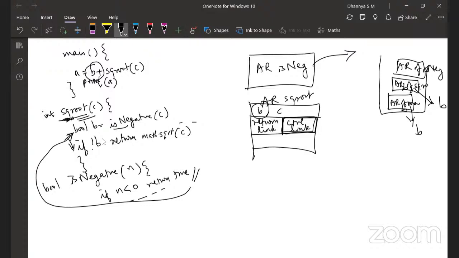And the questions ask whether it is the same activation record or a different one. See, we are not discussing this with respect to Java specifically, we are discussing concepts in general. There are programming languages which support nested functions, function within a function. Have you heard of such languages? In such cases, the variable used in the outer function might be used within the inner function also, so that will have a broader scope. So don't confuse yourself with that. Yes, in Python it is the case, as you are saying.